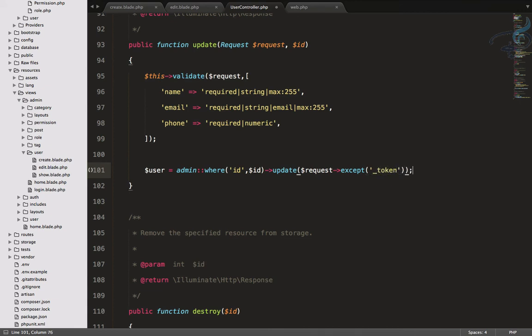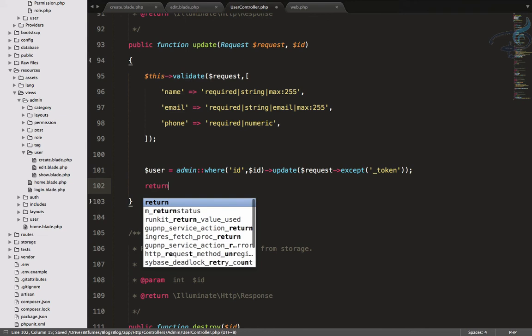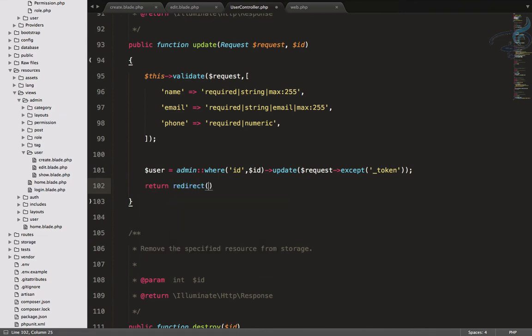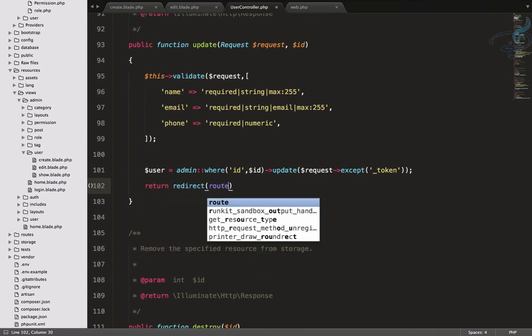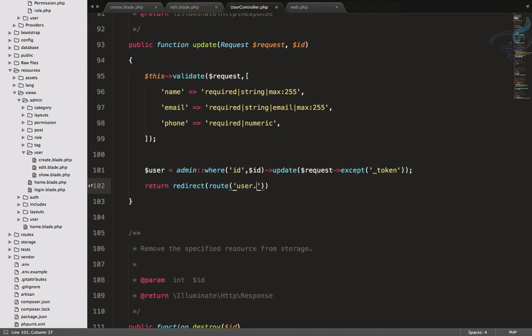Okay, so that's it. And again return, redirect to a route of user.index